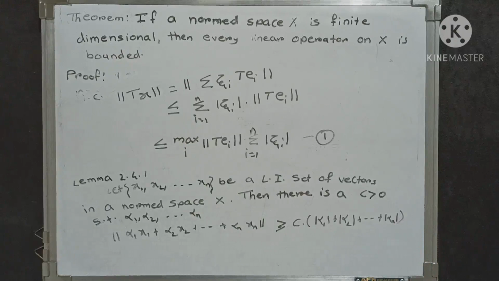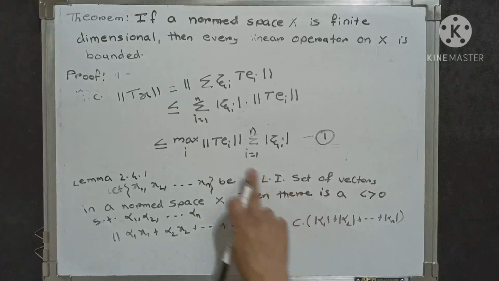Here C is strictly greater than 0. This is Lemma 2.4.1, and now we have to use this lemma for the summation i from 1